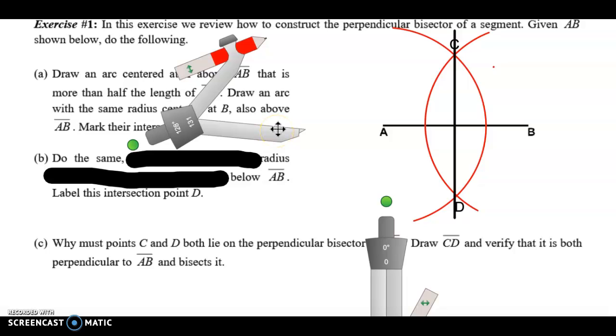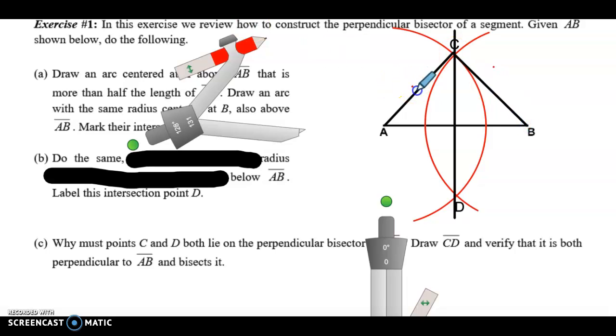Okay? Why must points C and D both lie on the perpendicular bisector of AB? Draw CD and verify that it is both perpendicular and it bisects. So when I did this construction, C and D are equidistant from the endpoints of A and B, so they must lie on the perpendicular bisector. If I was to draw, not that I have to, and you don't need to do this, but if I was to draw a line connecting A to C and C to B, those lines would be congruent to each